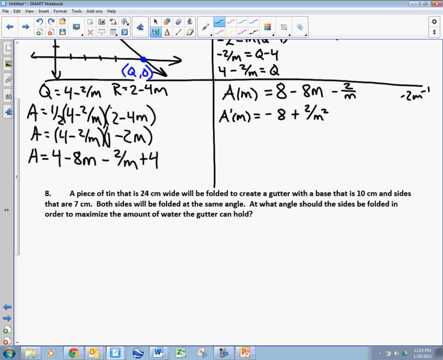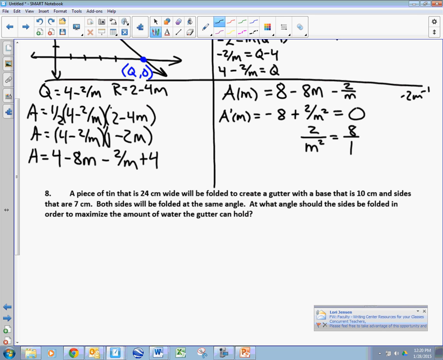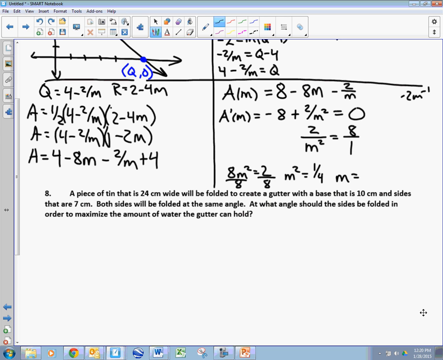If we want to minimize it, we should take the derivative and set it equal to 0. How do I solve? Negative 8 plus 2 over m squared equals 0. Add the 8. So 2 over m squared is equal to 8 over 1. Cross multiply. 8m squared is equal to 2. M squared is 1/4. Therefore, m is